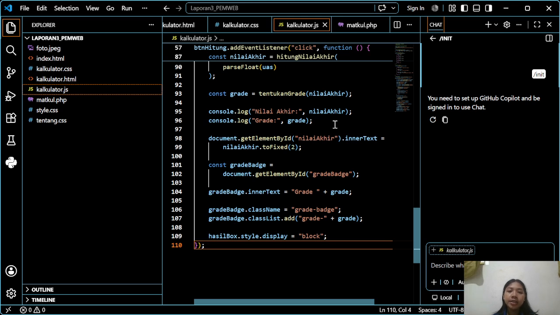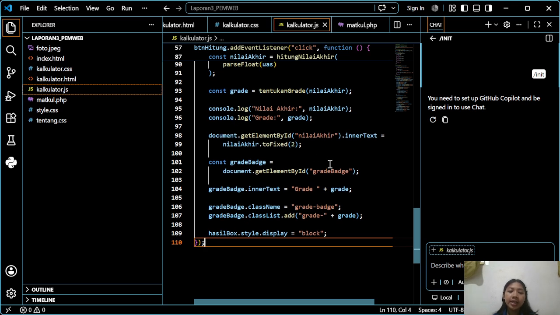The third function is validasiInput, or validate input. This function checks whether the input is empty, not a number, or outside the range of 0 to 100. I also use addEventListener on the calculate button.